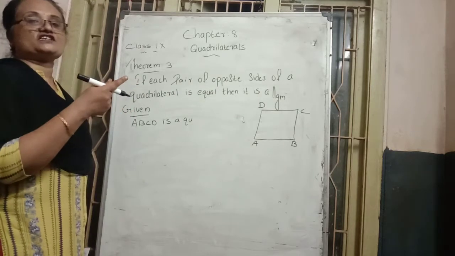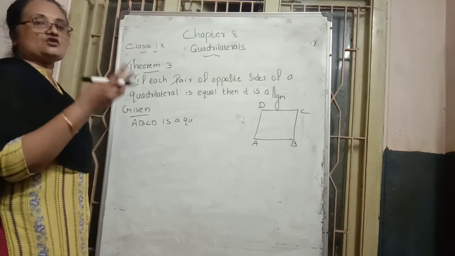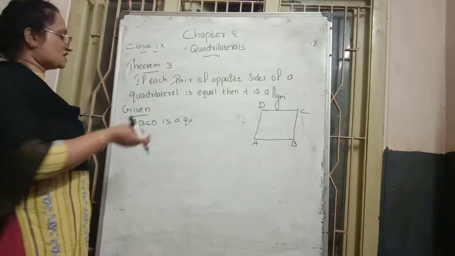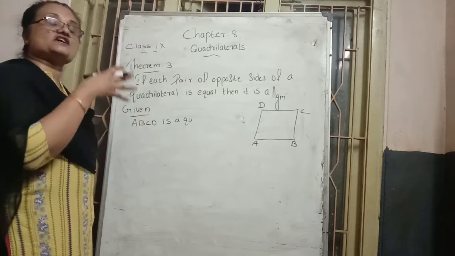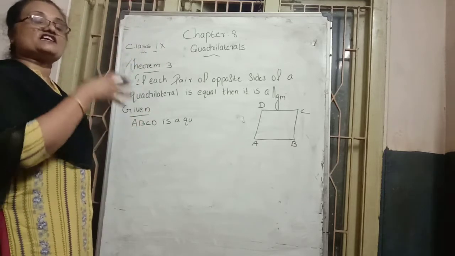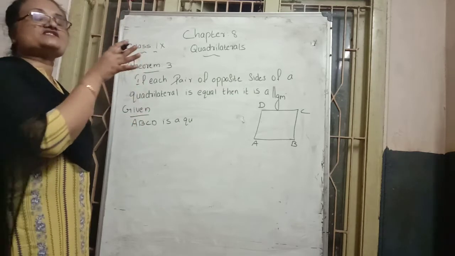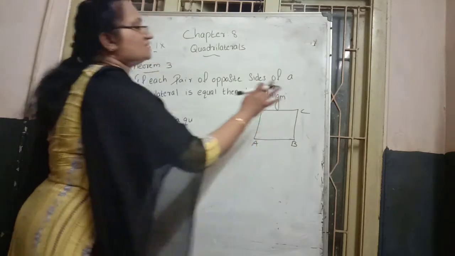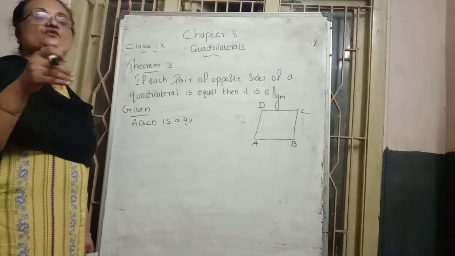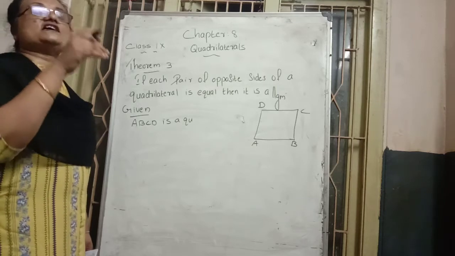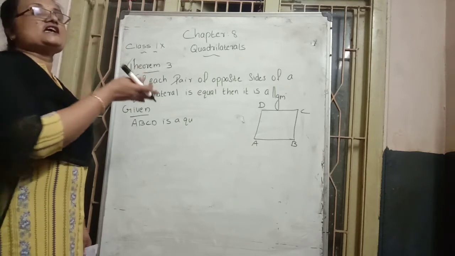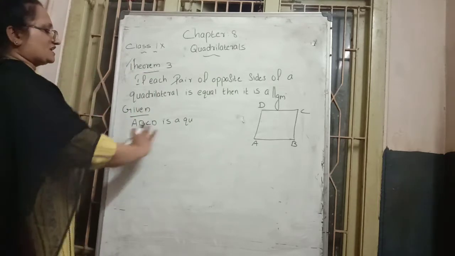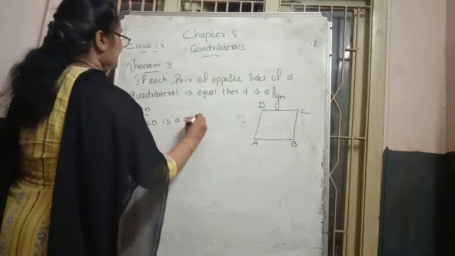Last class we learned there are different types of quadrilaterals: a parallelogram, a rhombus, a kite, a rectangle, a square. So we don't know which type of quadrilateral this is. They are asking whether this quadrilateral becomes a parallelogram. How to prove? What is the property of a parallelogram? Opposite sides are parallel. Which are the opposite sides? AB and DC. Finally, if we can prove AB and CD sides are parallel, then we can say ABCD is a parallelogram. Now we don't know if it is a parallelogram or not. That's why we write it as ABCD is a quadrilateral.